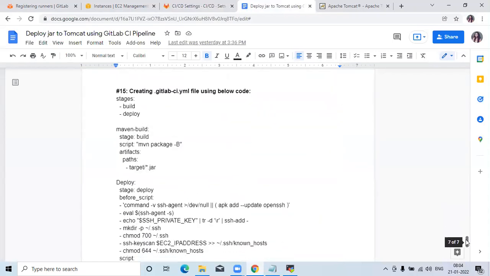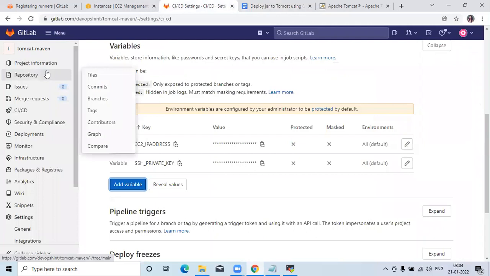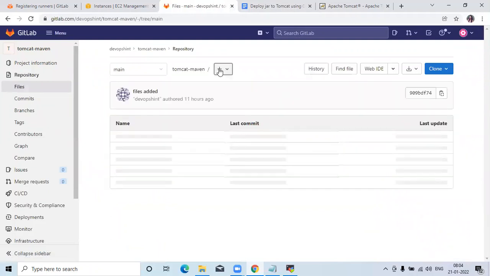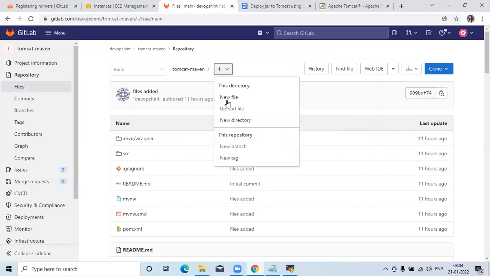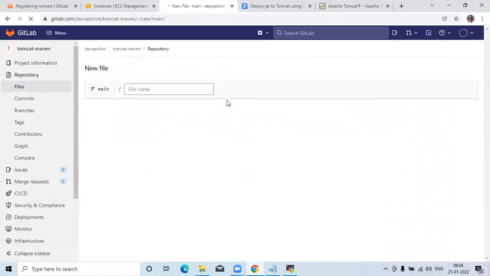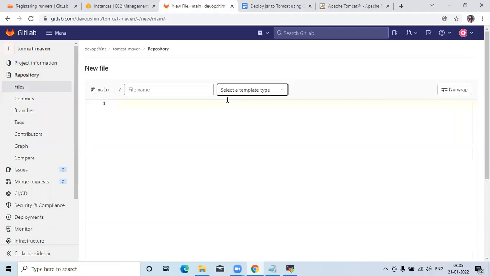The next step is creating the GitLab CI YML file using the below command. Firstly, go to your GitLab account, then click on repository, then files. Now here, click on this plus icon, then click on new file. Now enter the name, GitLab CI YML, and now